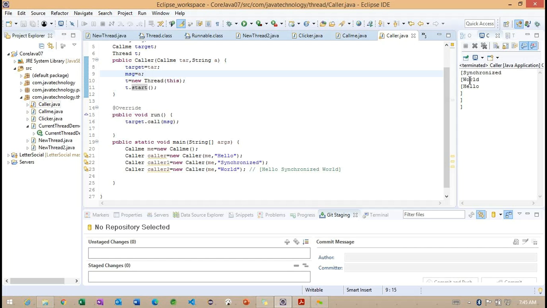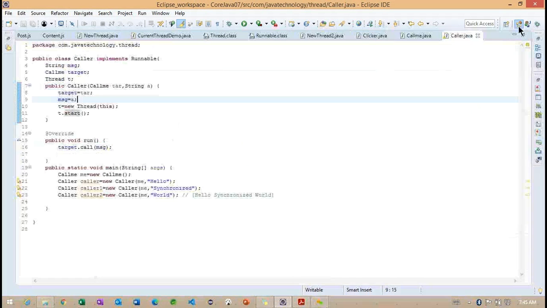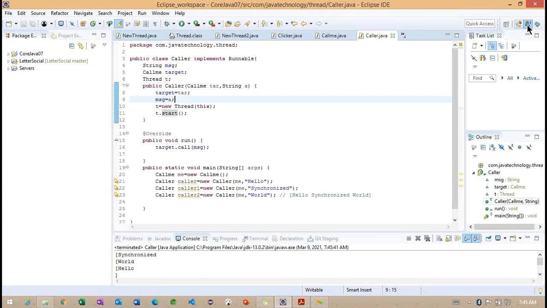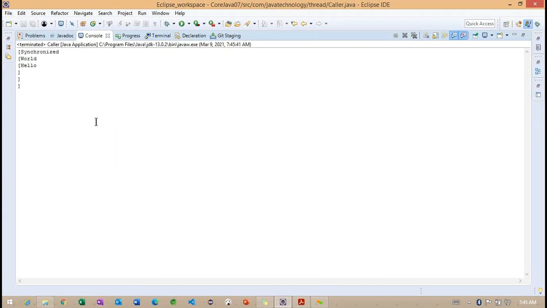If you observe carefully, let me change the perspective of this particular Java. Observe here. What output are we getting? How many open braces do we have? 3 opening braces and 3 closing braces.